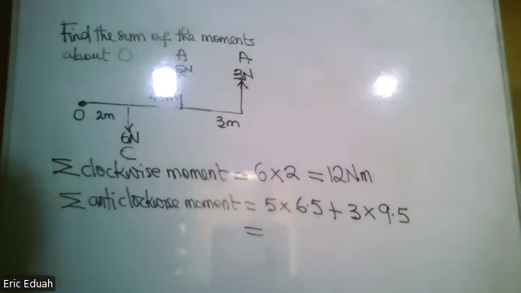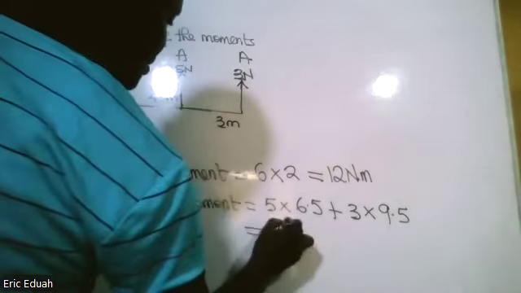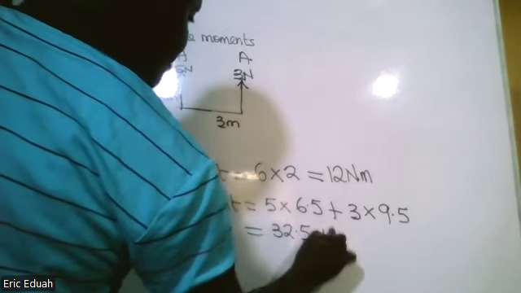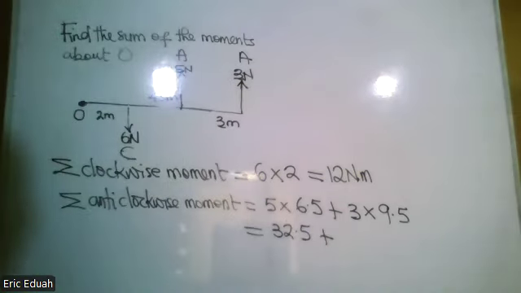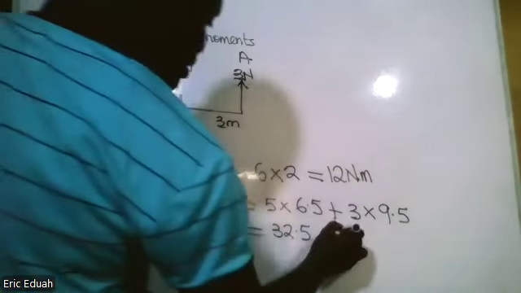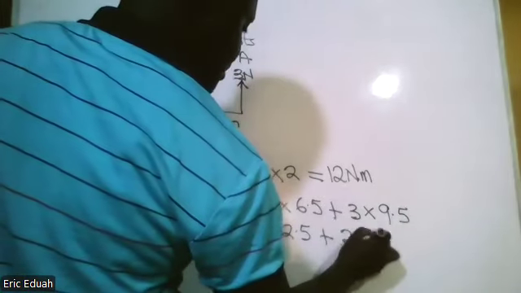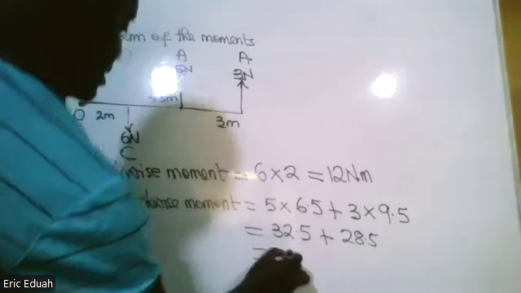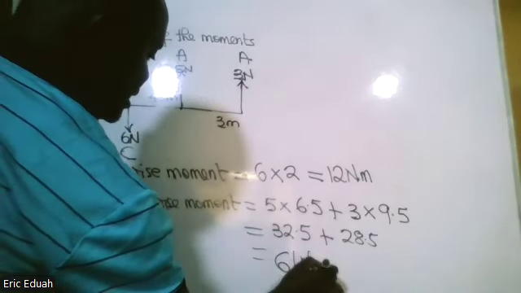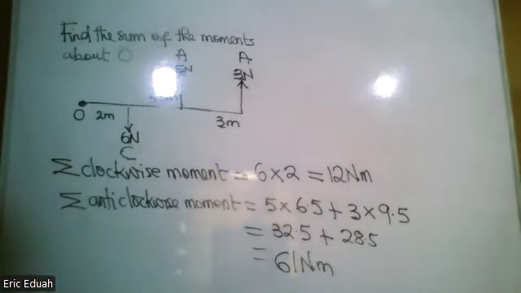This is 32.5 plus 28. 61. 61 Newton meters. So the net or the sum of the moment